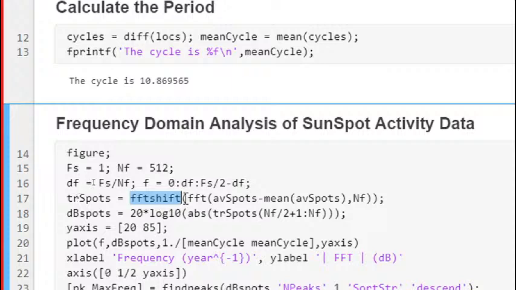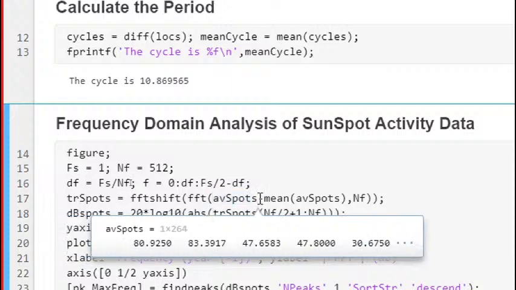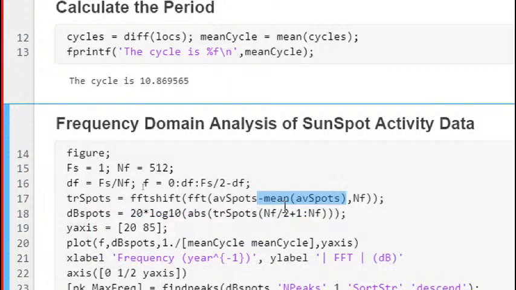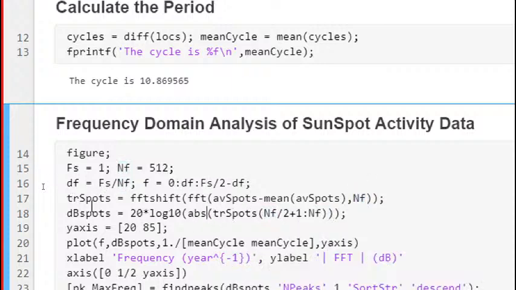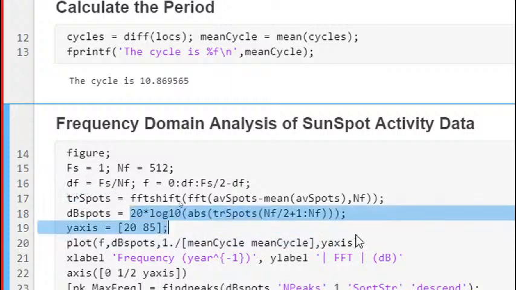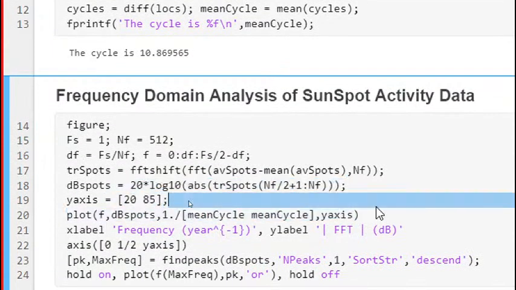Now fast Fourier transform of this time series data, and we are normalizing this here. You see that we are removing the average value from that. Further we are removing that average value also, and this is the number of FFT which we want. Okay, and further to plot this, whatever output we got here, we are converting to dB, and further we are plotting that. So, okay, when I run this,